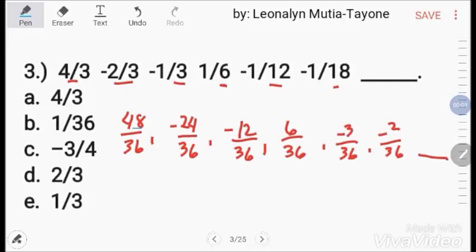Next, obserbahan mo, ang 48 naging 24. Half siya ng 48. Ang 24 naging 12. Half siya ng 24. So, that means nag-divide tayo ng 2. Negative siya, so nag-divide ka ng negative 2. Negative pa rin ang next. Nag-divide ka ng positive 2. Naging positive na. So, nag-divide ka ng negative 2. Ito naman, negative na. Nag-divide ka ng negative 2 ulit. Ito naman ay 2. Nag-divide ka ng